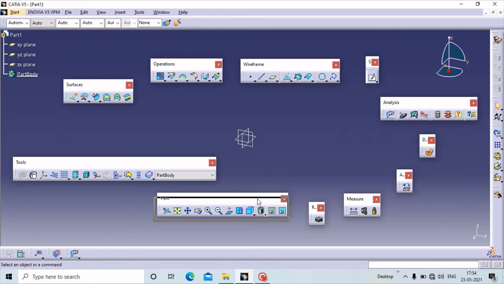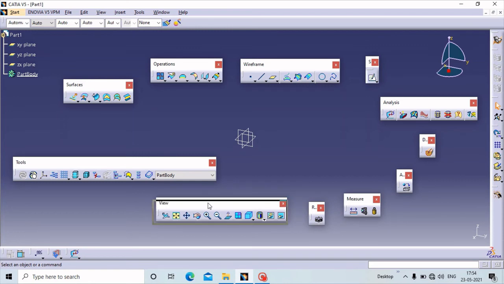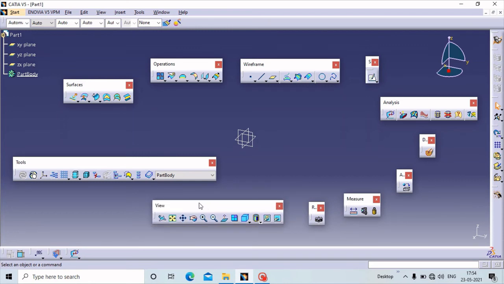So next is the view. If you want to view your part in different manners, there are n numbers of commands. By using this you can view your part as per your requirement. First of all, this is the pan, and you can rotate your part, zoom in your part, then zoom out your part.